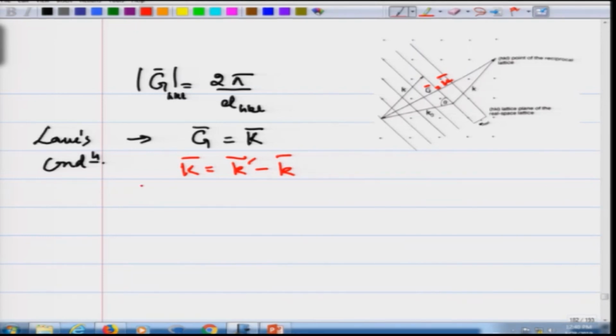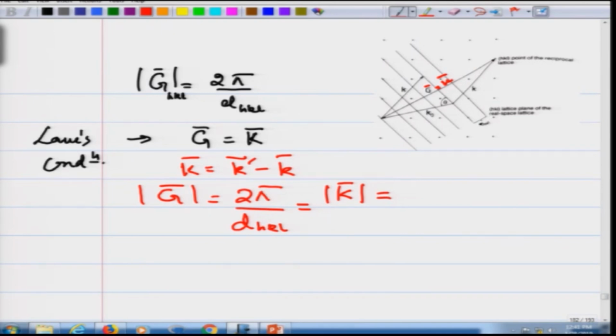Now, the condition that we had got, that your reciprocal lattice vector G is going to be perpendicular to a set of real planes which are spaced by d, that condition is G is equal to 2 pi by d_hkl, where d is the spacing between the planes, and this is equal to the magnitude of the